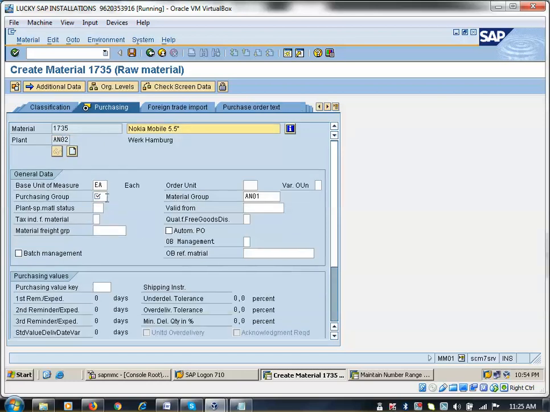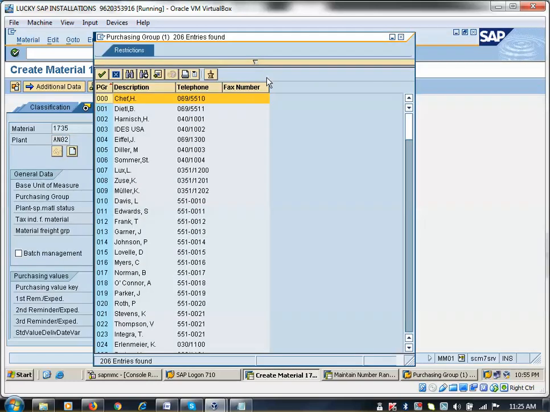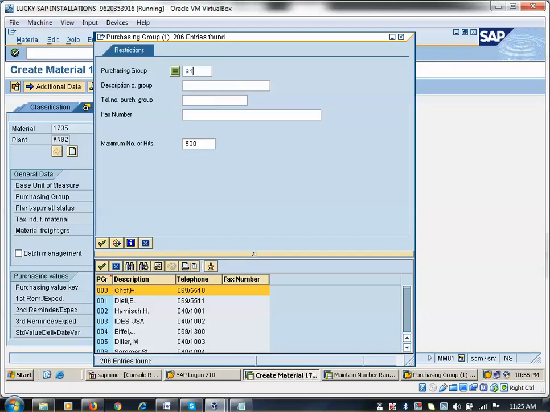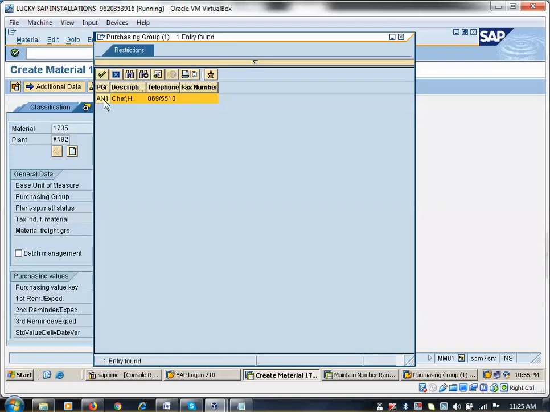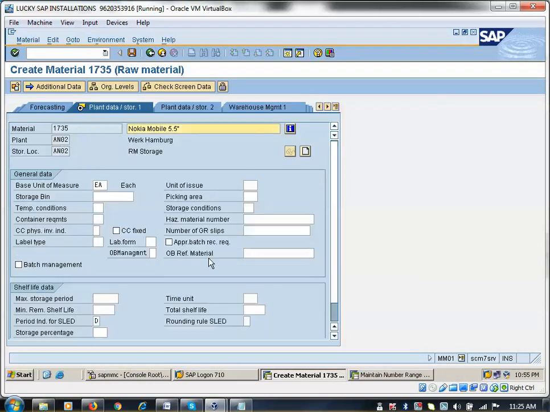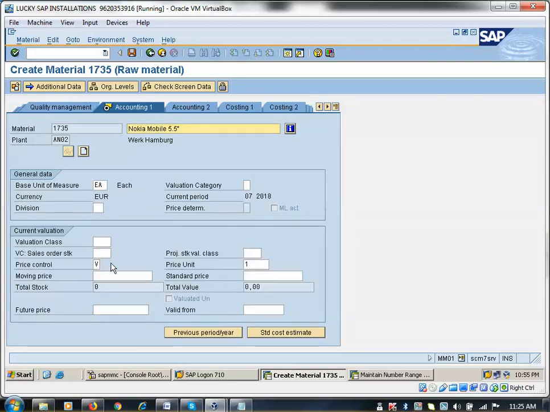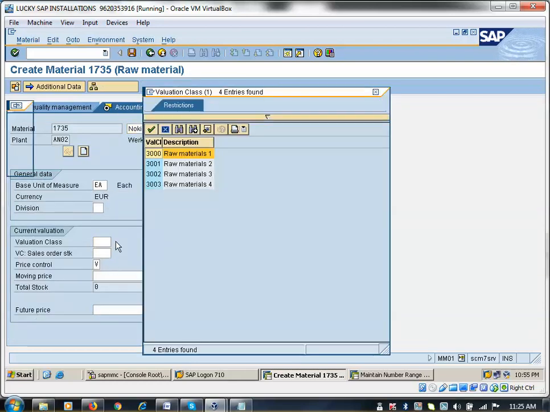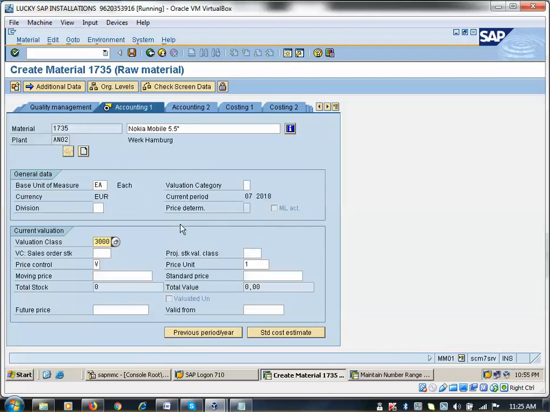Okay. So now the purchasing group also I created. If I want to check it, I can check like this. Go to F4, I can identify AN1 here. AN2 is available also, I can select here. So click on enter. Now plant data and storage location data I entered in the second screen. Valuation class, whatever was available for 1000, is available for our plant also, because we just copied everything. If you have created newly, everything you need to cross check.